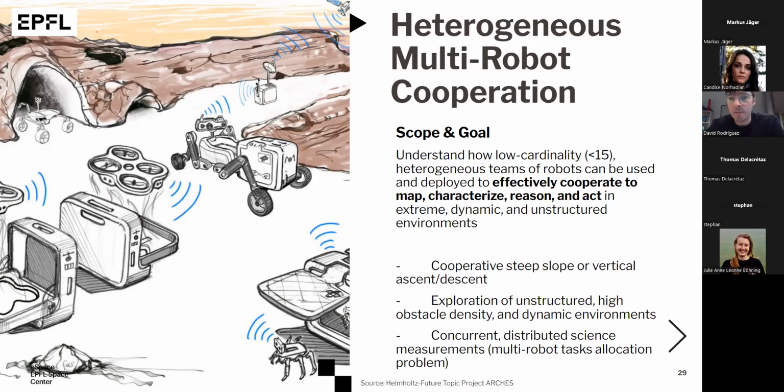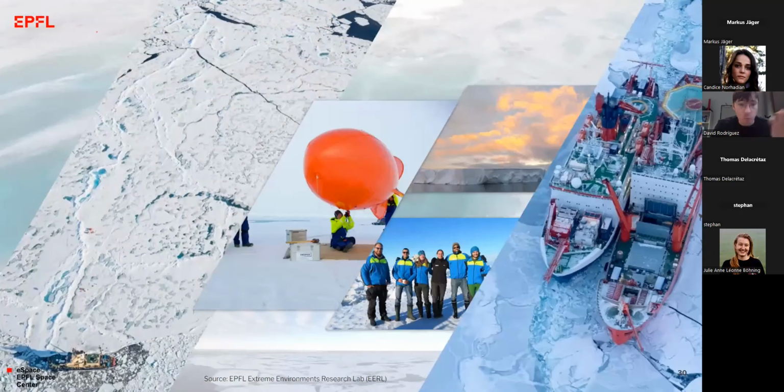And we're going to look at how to effectively cooperate when we're exploring extreme locations, how to perform all the task allocations for the different robots, what the robots need to do, and when. We're going to start to look at that as part of this foundational project. As I just said, I'm using this image from EPFL's Extreme Environment Research Lab, but